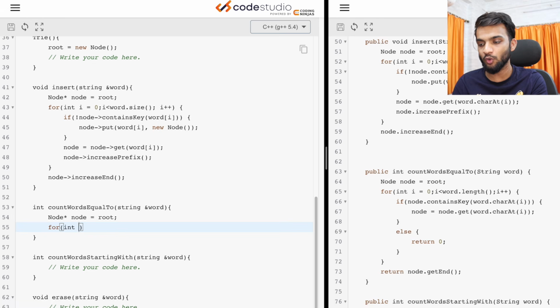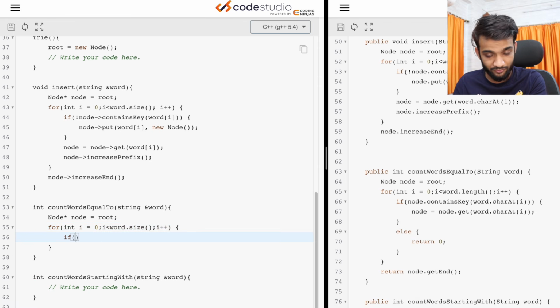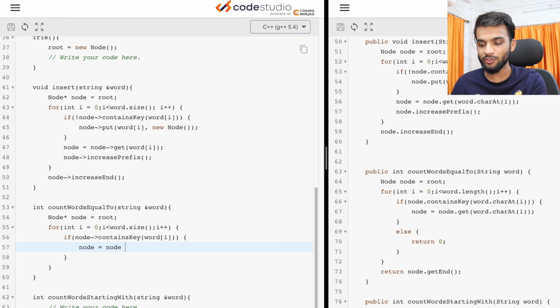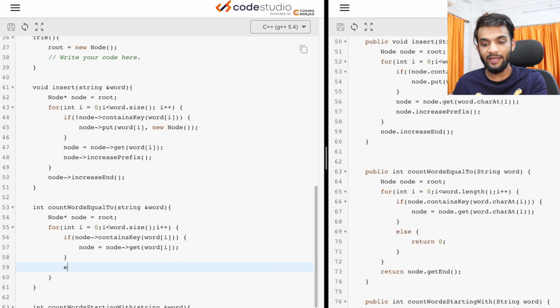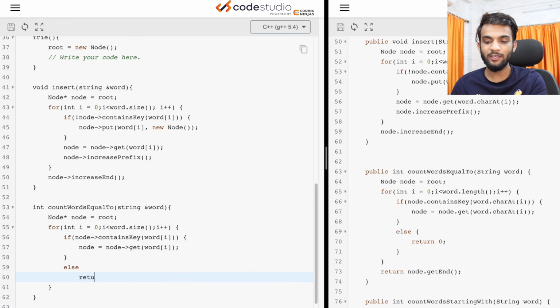And what you do is you go across 0 to the size, and then do an I plus plus. If the node contains this key, which is something like this word I, then it's perfect, absolutely perfect. Let's go to that word I. If it does not contain it, then can you please return a 0 saying, hey, listen, there's